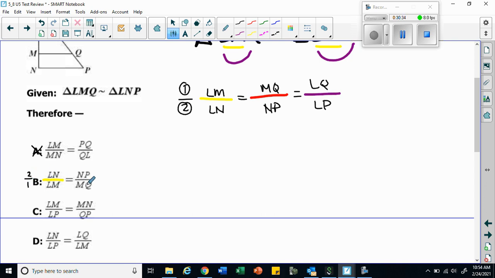Now let's look at this second set. We need to determine if it's the same color, and if it is the same color, then we need to determine if it's in the same order, meaning that triangle 2 has to be on top. Whatever this is has to be on top. It has to be triangle number 2, and the bottom has to be number 1. NP